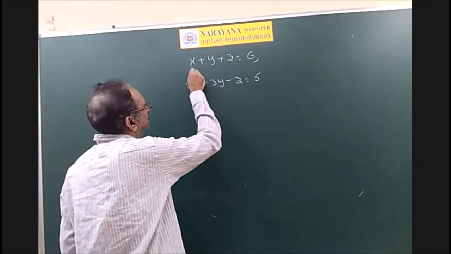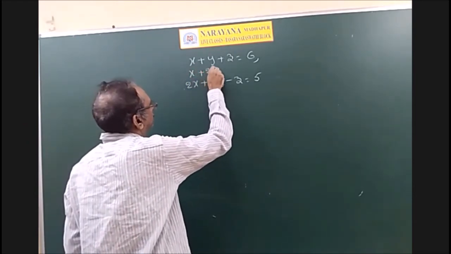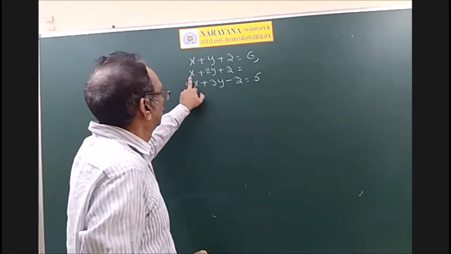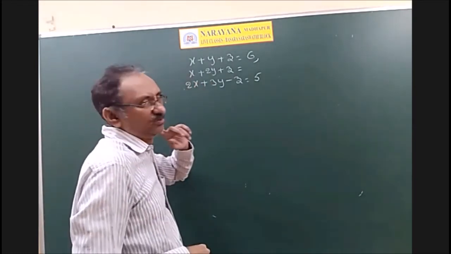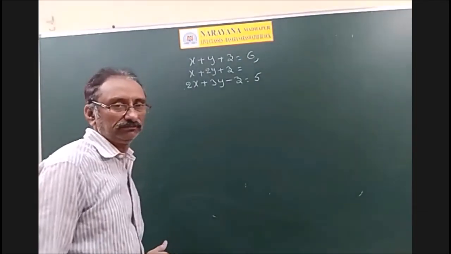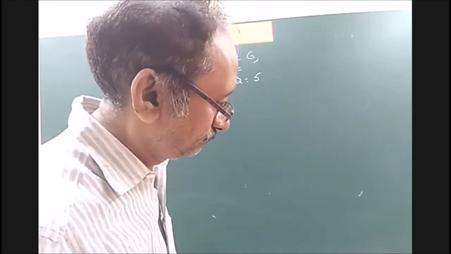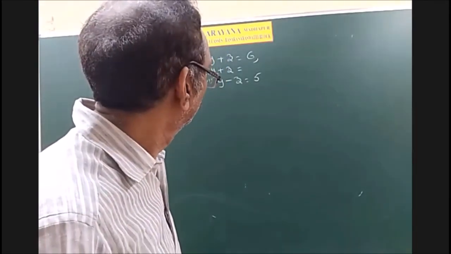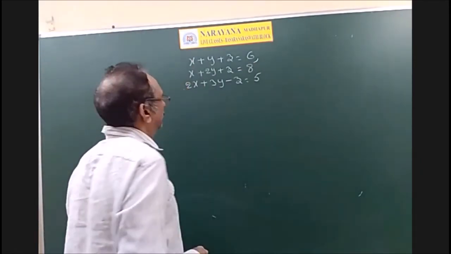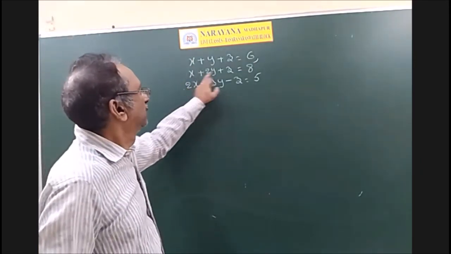And this equation, I think x plus 2y plus z... No, that is not the equation. Now you give me the second equation. Puneet? Sir, you wrote the correct equation only, sir. x plus 2y plus z equals 8. Oh, this is this only. Right. So x plus 2y, that is 4 plus 1, 5 plus 3, 8.